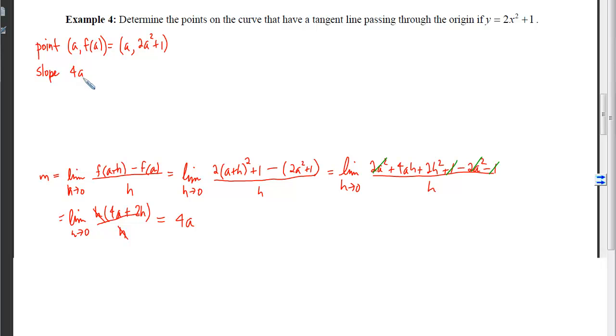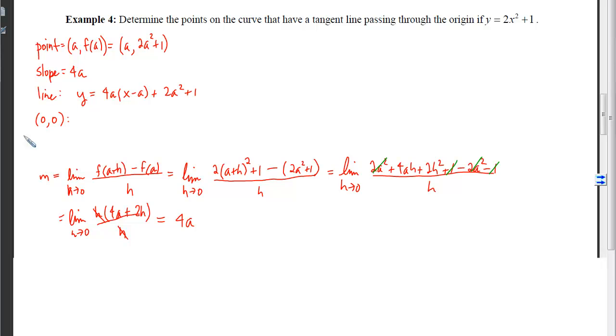Now that I have the slope and I have the point, I can write the equation of the line. The equation of the line will be y equals the slope times x minus the x coordinate plus the y coordinate. Now this equation of the line still has a's in it, so our goal is to figure out what value of a will make this line pass through the point 0, 0. So remember, equations of lines are just a way of writing a whole series of points, an infinite number of points,